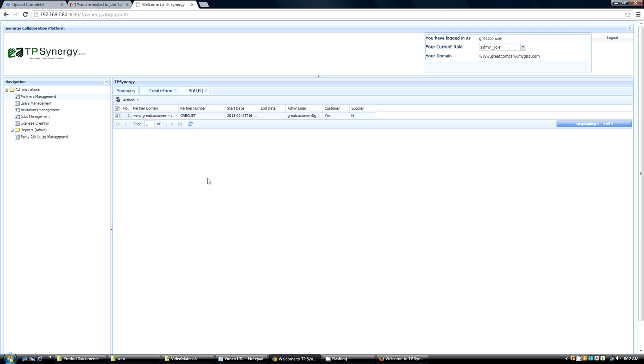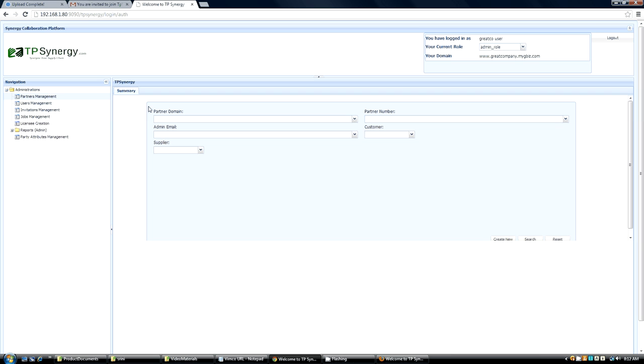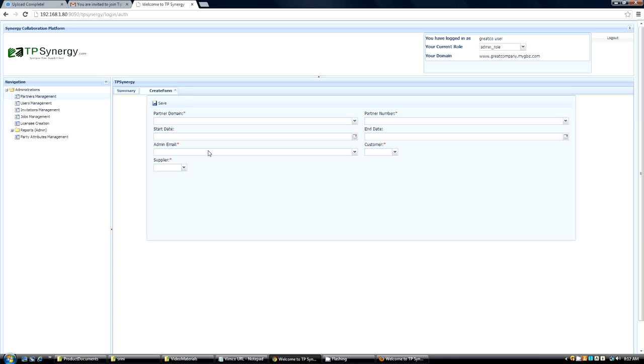So if the supplier or customer is already in the system, somebody has already invited them, you can just join them as a platform partner directly, and you need not invite them. So having done that, I will go back. Now we have created a customer, right? And the next step is I'm going to create a supplier, because I need to have transactions on both sides. So this is going to be great supplier